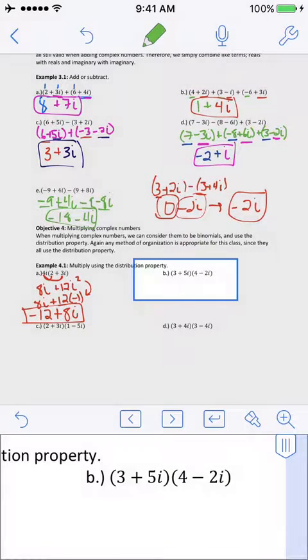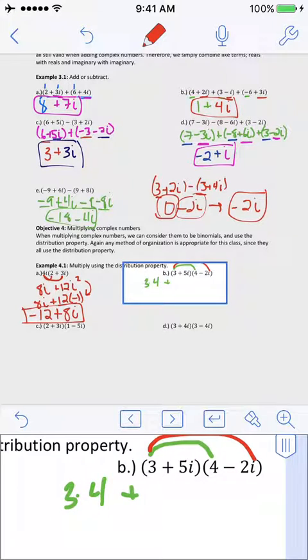Same thing goes for binomial times binomial, right? We do the same exact thing. You have 4 terms, you match them up. At the end, you may have some i squareds you have to take care of, but other than that, it's the same thing. So 3 times 4, it's going to be 12. We'll write it out this first time. 3 times 4 plus, let's do red, 3 times negative 2i